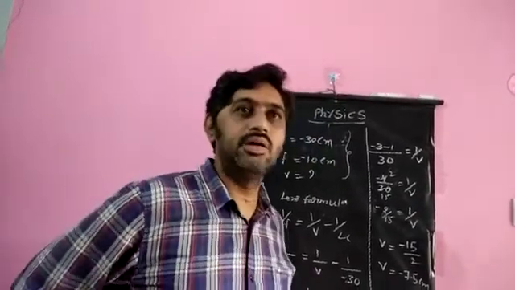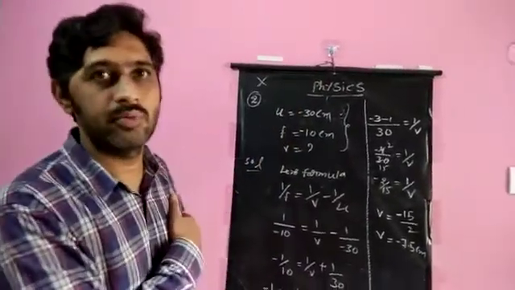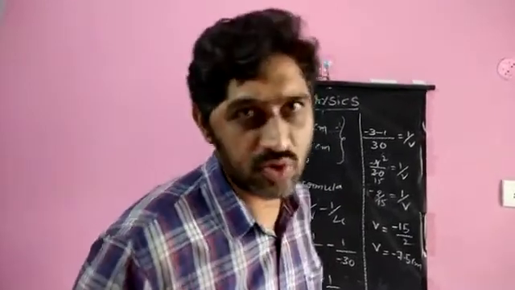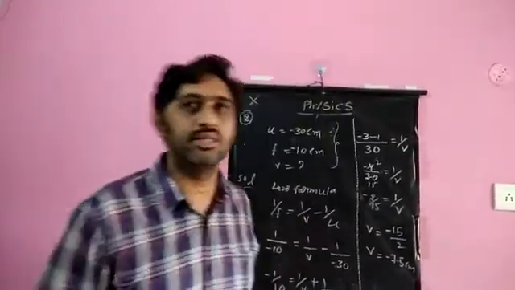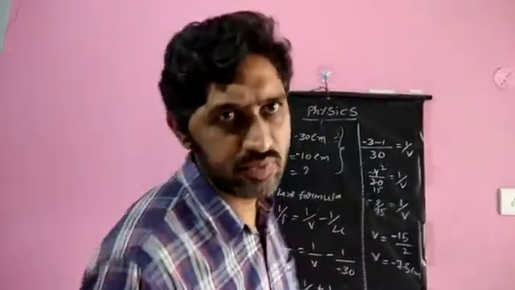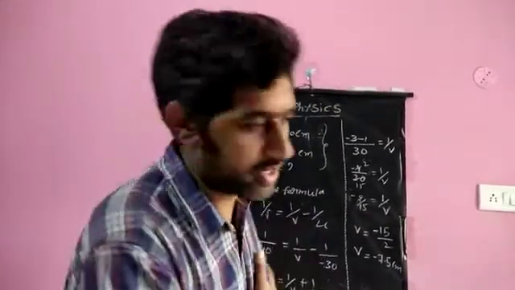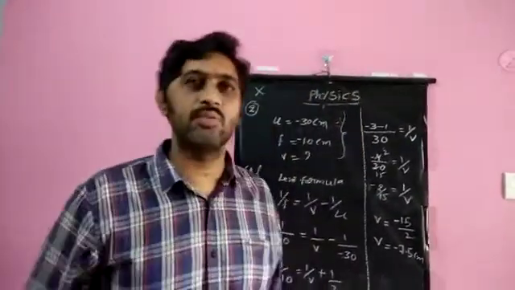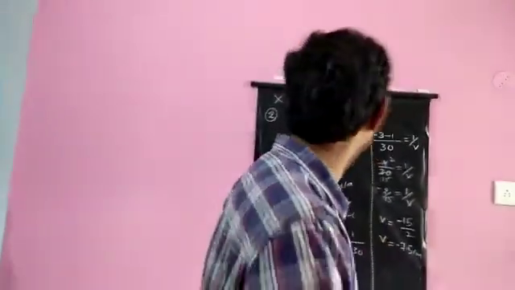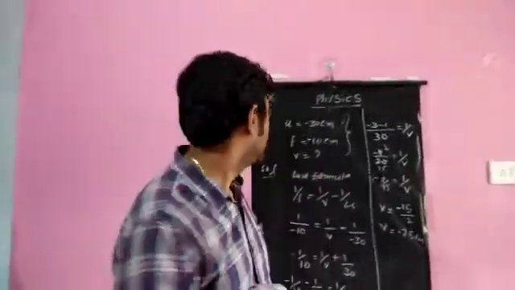The numericals based on the mirror formula and lens formula we have to solve. I explained only one problem on the convex lens and one problem on the concave lens. You need to solve more questions based on these numericals, mirror formula and lens formula. You will compulsorily get a question from this chapter, light reflection and refraction. At least one question from mirror formula or lens formula will definitely come in the exam, so give more importance to the numericals in this chapter.